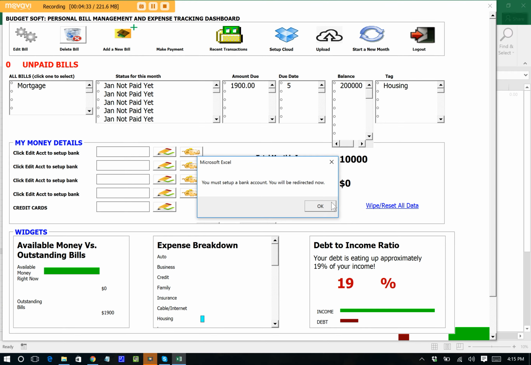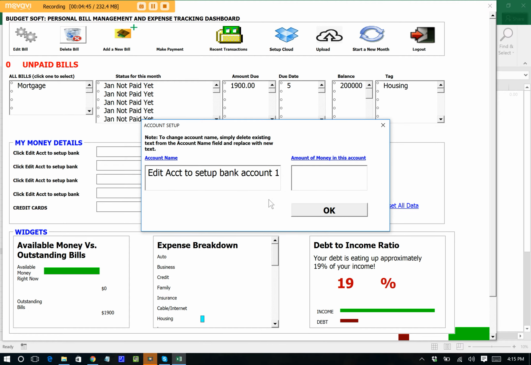But now, where's that money going to come from? We have to set up a bank account that we can keep track of. It's basically an expense account that money will be deducted from. But we want it to mirror the real life situation. That's the whole point. So I'm going to tap OK with my finger. Since I'm using a Surface, I can actually do that. And I'll type in, let's say,